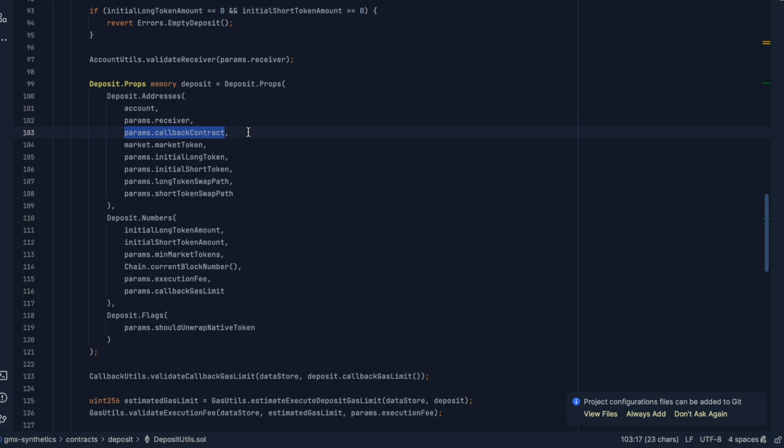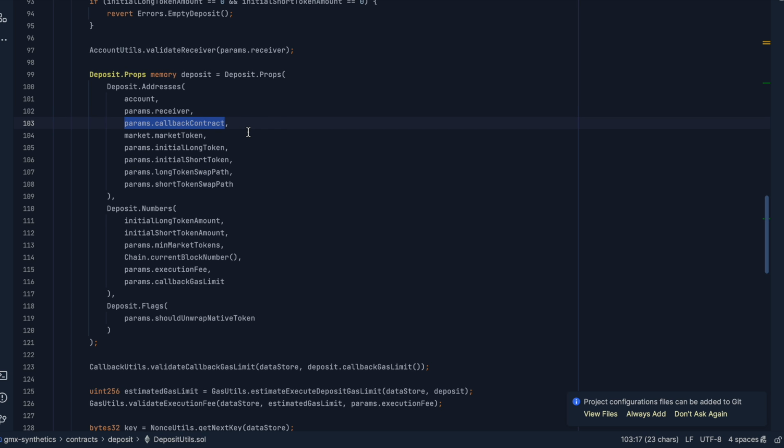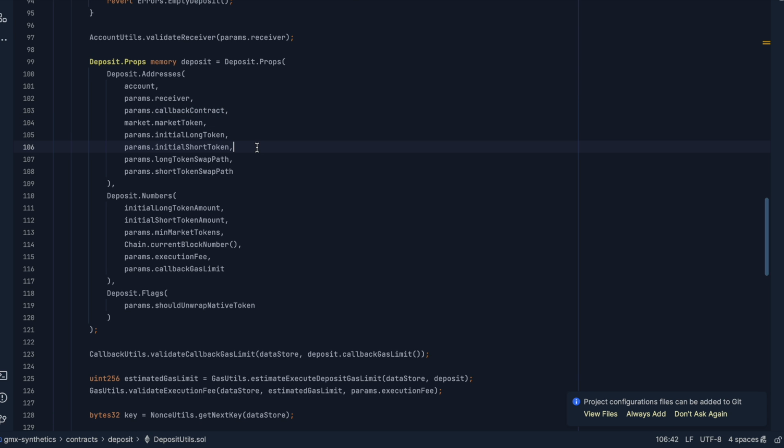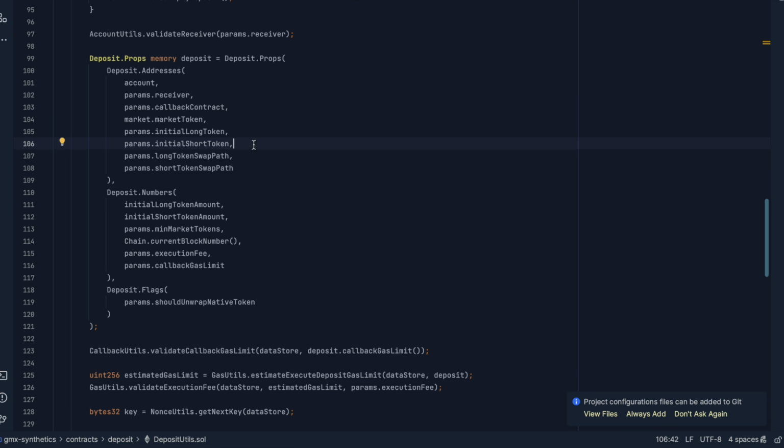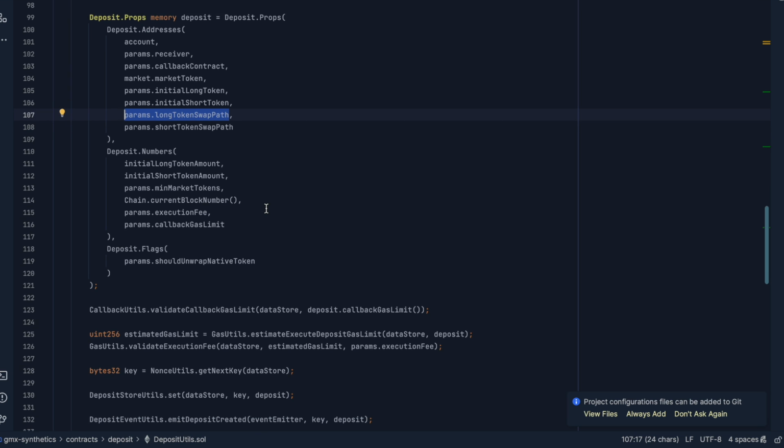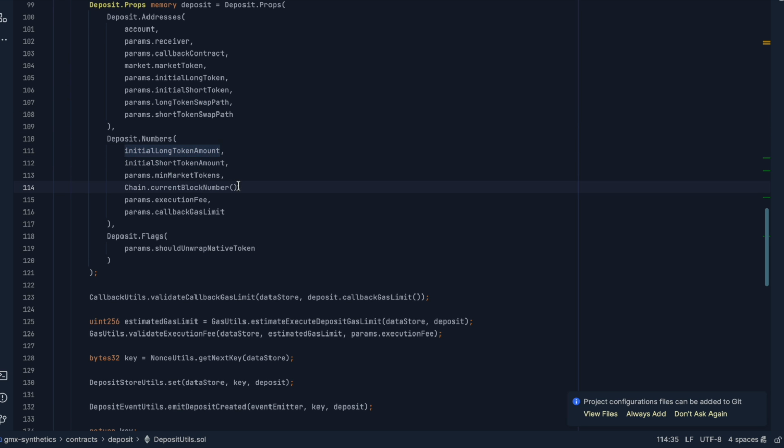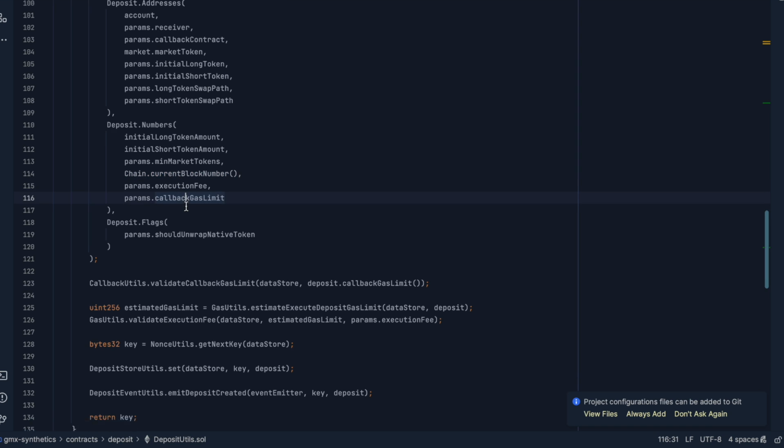Which you'll see is another interesting way that we can cause some bad things to happen in the system. Everything has a callback contract associated with it if the user wants to use that feature. What was their initial long token? You can use a swap path to swap into the resulting token that you want to deposit. And you have the initial amounts, the current block number, stuff like this,